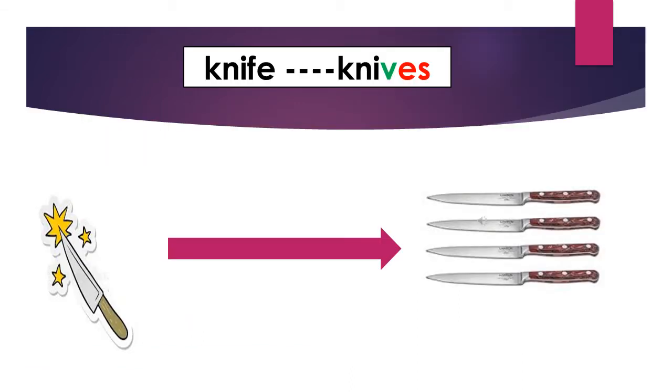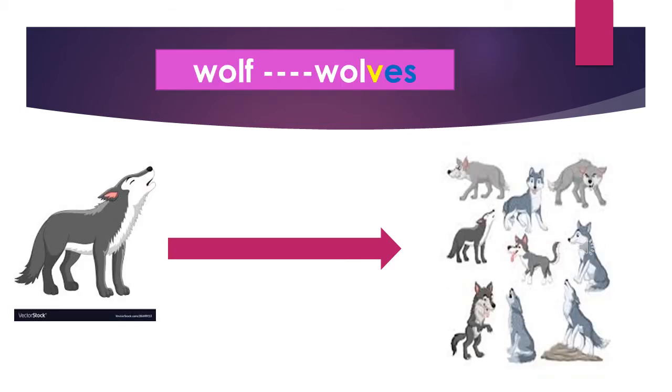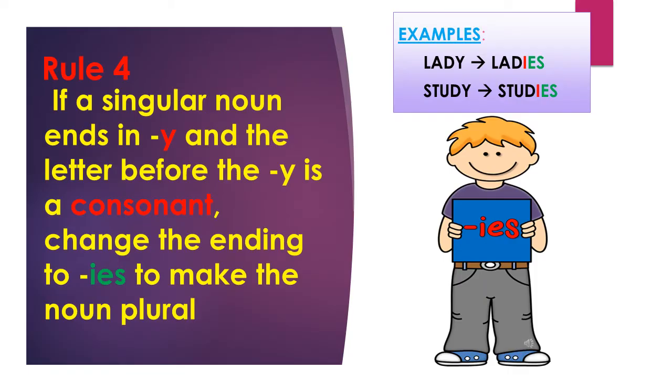So one knife ends in fe, in the plural we say 4 knives. And the same here for one wolf, 8 wolves. So wolf ends with f, so we drop the f and we add ves. 1 wolf, 8 wolves. Okay, now the fourth rule: if the singular noun ends in y